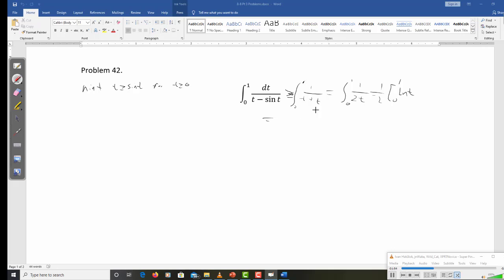And then that's going to be 1/2 times 0 minus the limit as a goes to 0 from the right of ln of a. This goes to negative infinity. So this diverges, and the original diverges